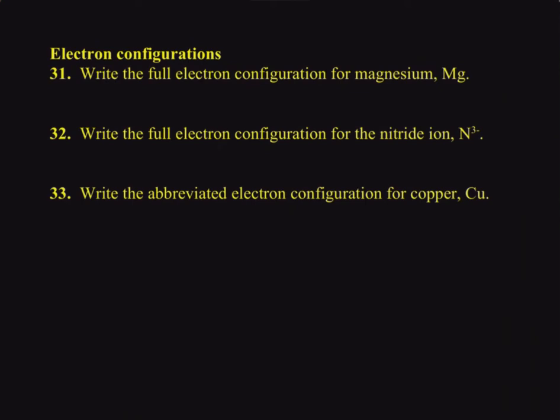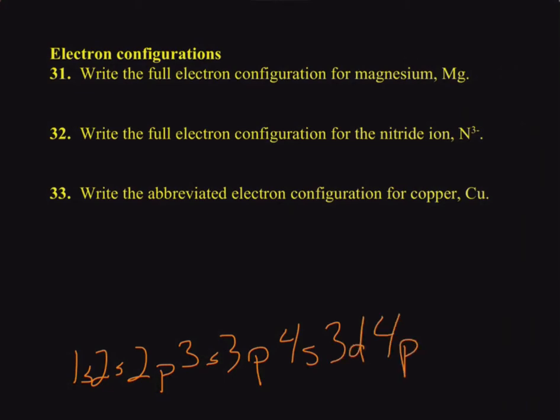Okay, so this is part 2 of the chemistry mid-year exam review, and we're going to pick up here with electron configurations. The electron configuration for magnesium, and it asks for the full configuration. So, you have to remember the progression of the orbitals, which goes like this: 1s, 2s, 2p, 3s, 3p, 4s, 3d, 4p, and then it would go to 5s and 4d if we needed to go that far. We're not going to need to go that far for any of these, but that's the order that they go